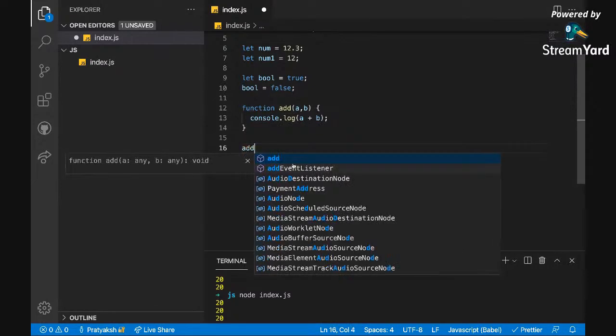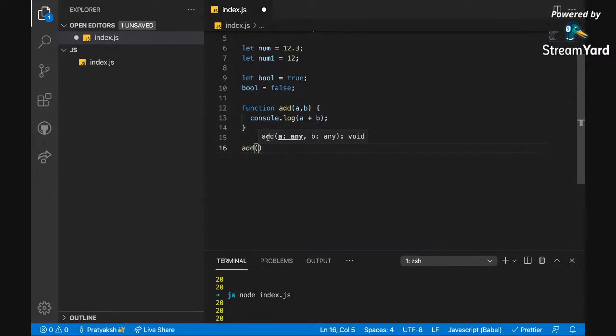Whenever I call this function add, it accepts two things: a, which is of any data type, because I haven't defined that it will get an integer or string or anything, and b, which can also be anything. This void is something I'll come to later.